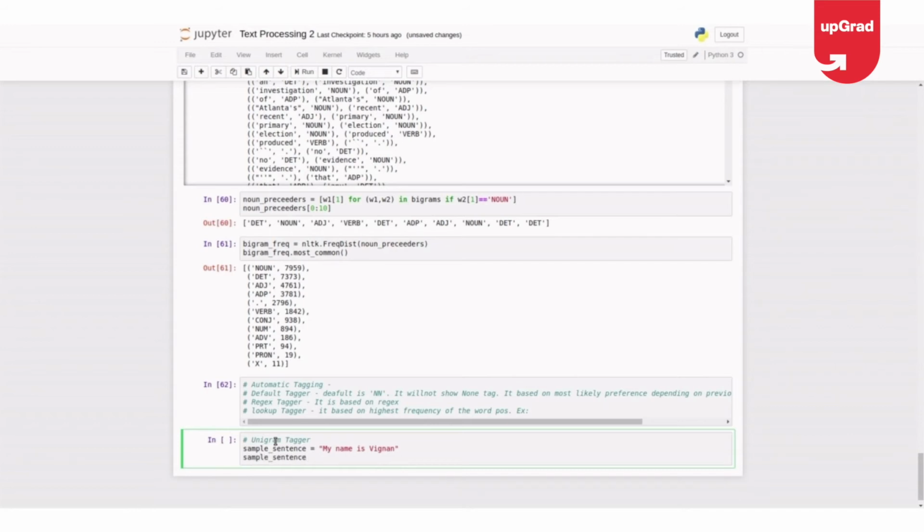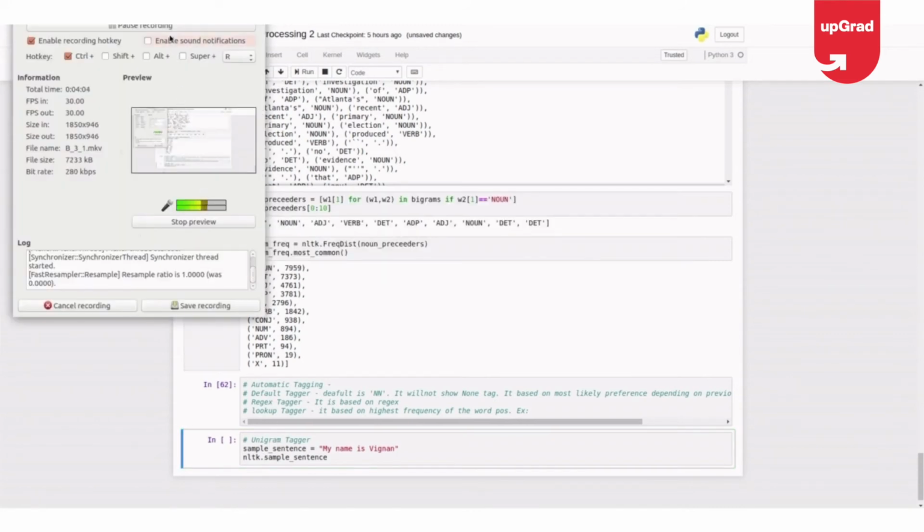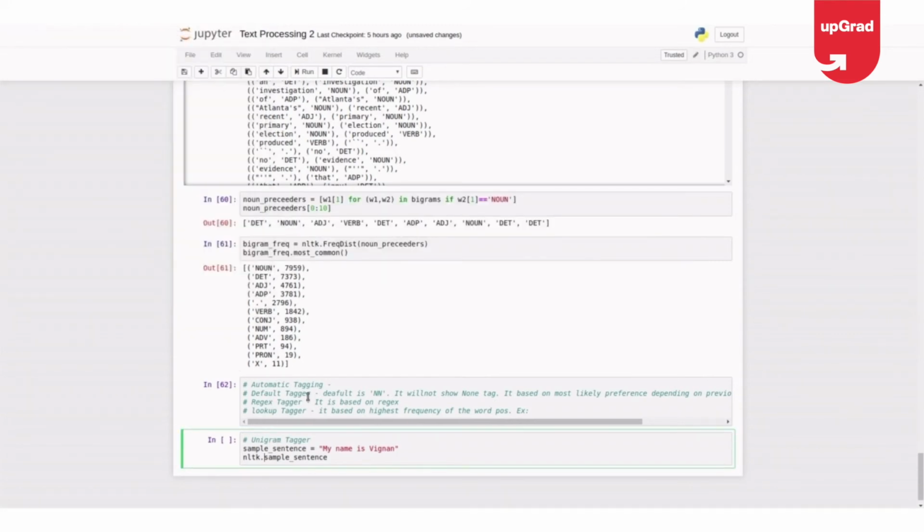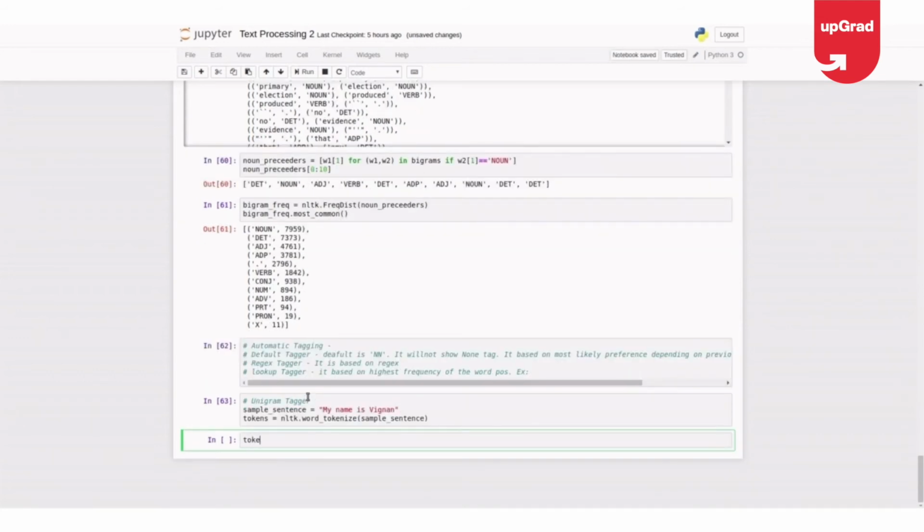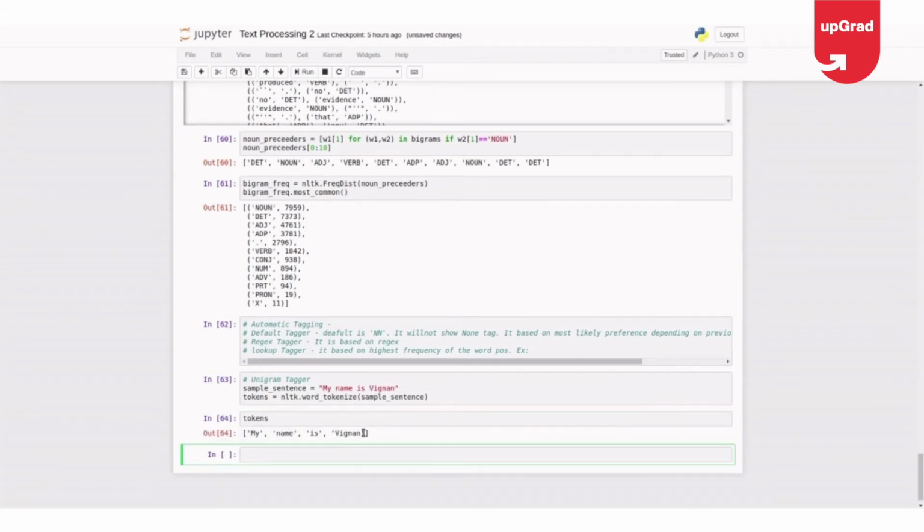Let me find the unigram for all these things. Let me do word tokenization here. So NLTK dot word tokenize of my sample sentence, tokens equal to this. Now if I print my tokens, I get my name is Vignan.